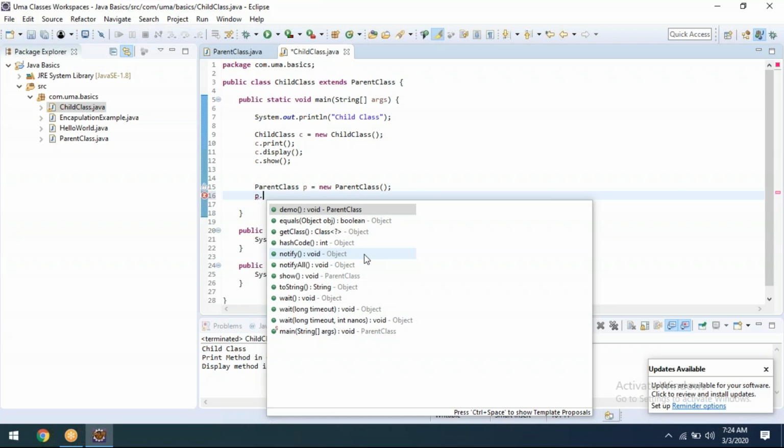Based on the object, we are able to call only parent class methods and Object class methods. But in those Object class methods also, there is a restriction: the protected methods won't come. Those protected methods are clone and finalize. Getting my point?